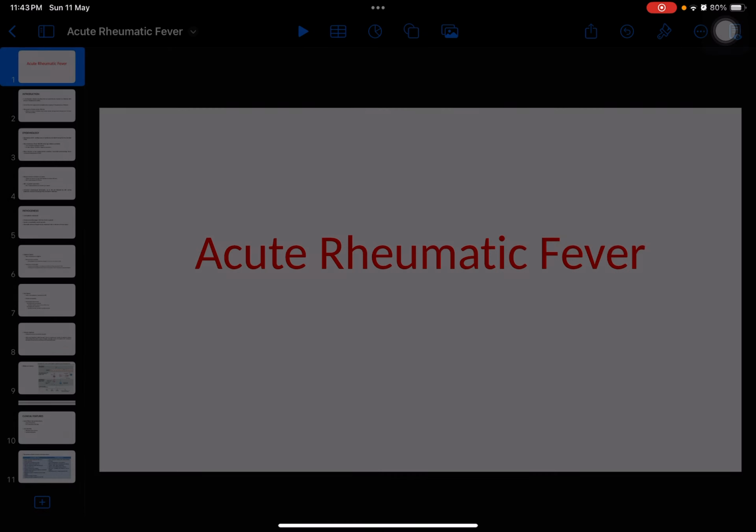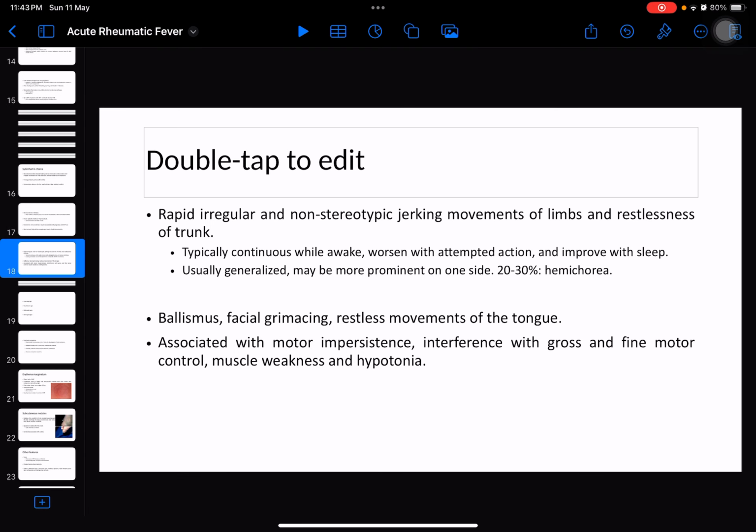So we'll be continuing from slide 18 in the next